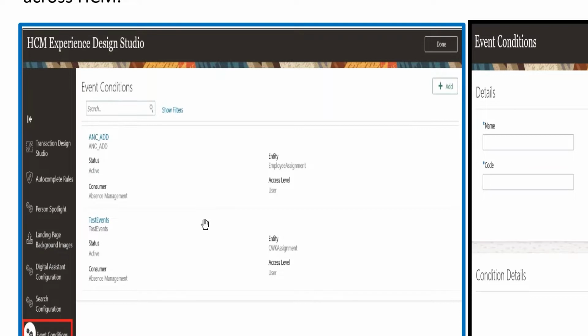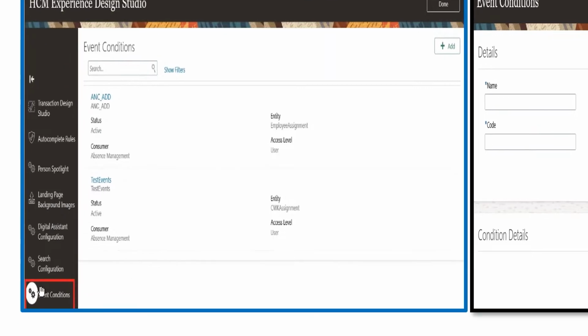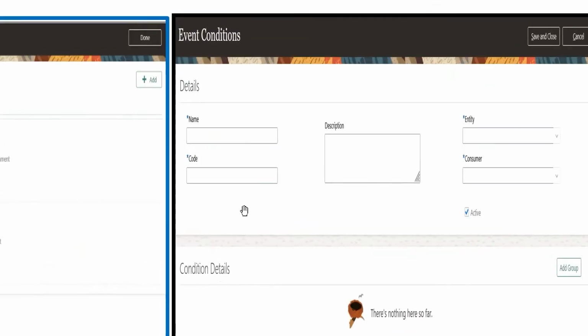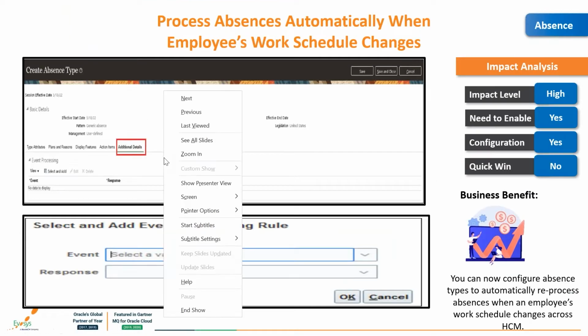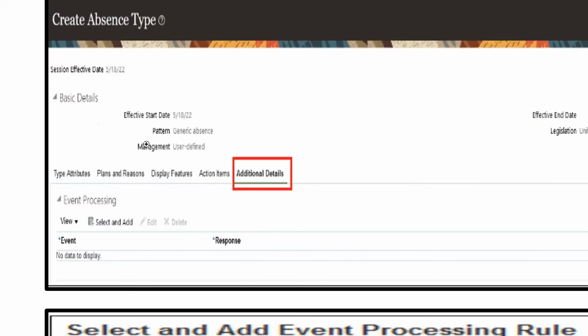In the HCM Experience Design Studio, we have something called event conditions. In the event conditions, we have to create new event conditions which will include the work schedule attributes and will help us to reprocess the absences. Here, we'll have to provide a name, code, and use the condition details to create an attribute related to work schedule. So once this event condition is created, we will have to map this event condition to the